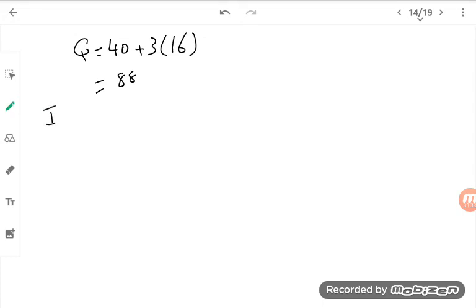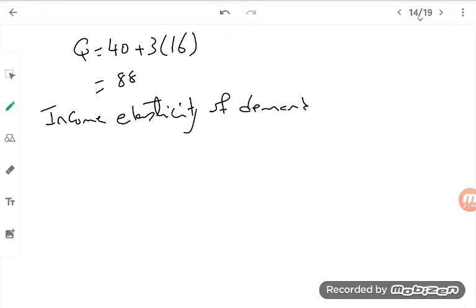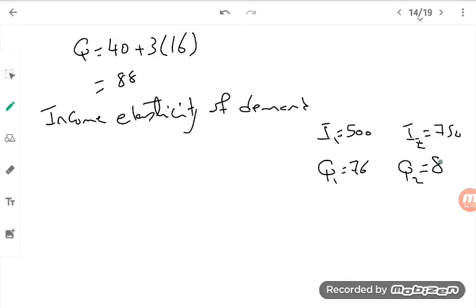What is the income elasticity of demand? Here we would like to find I1 and I2, Q1 and Q2. I1 was 500 and I2 750. With respect to the quantity, equilibrium quantity number 1 was 76. Equilibrium quantity number 2, 88. Now we are going to substitute in